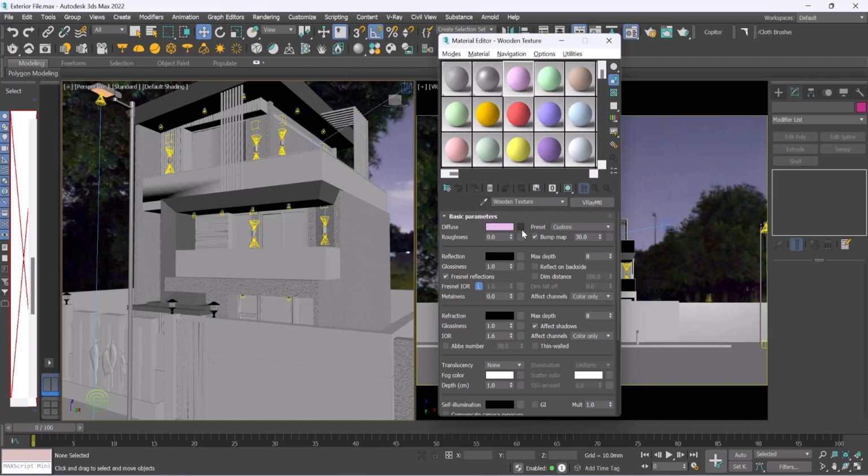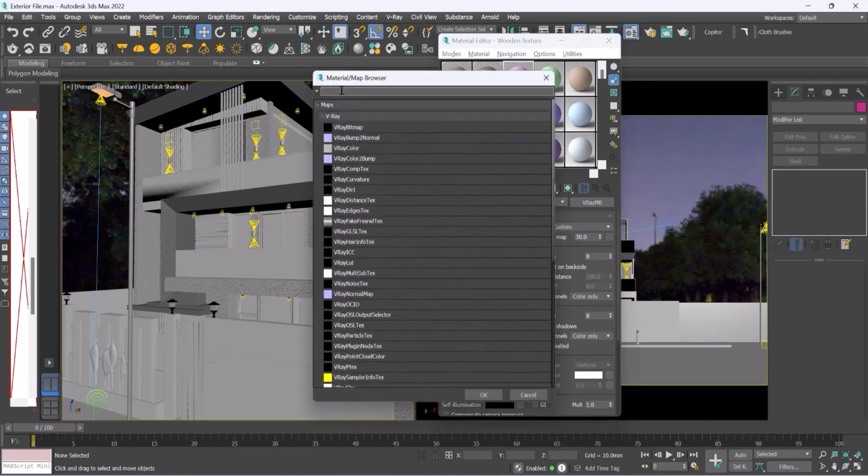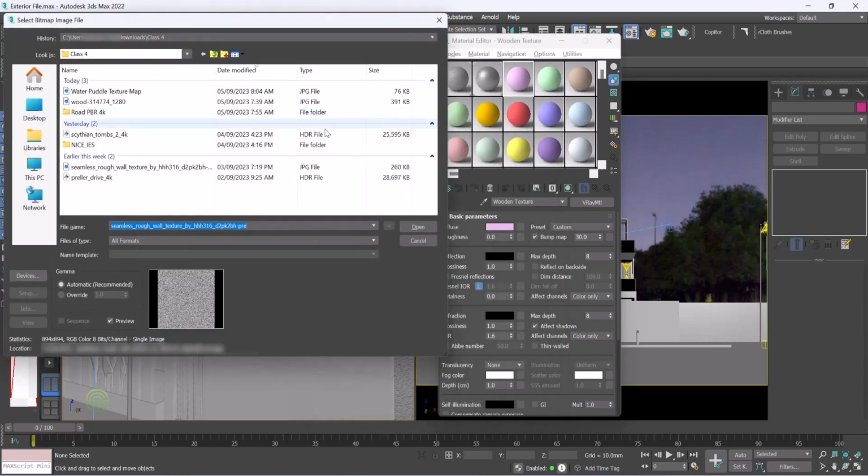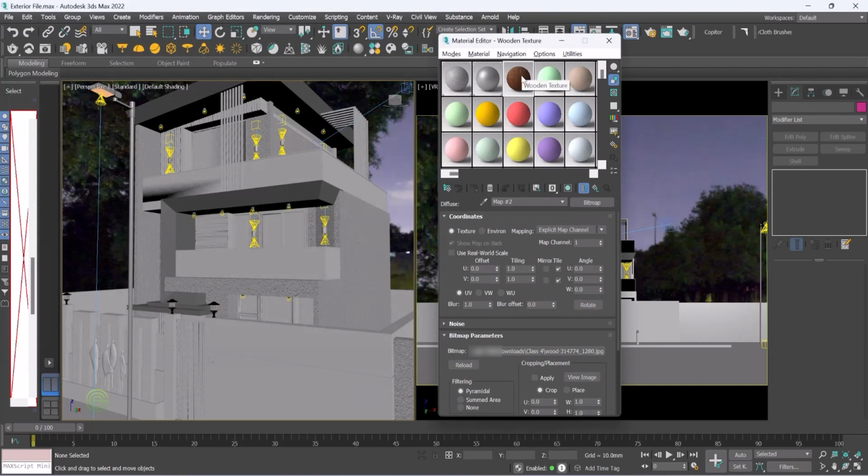and then in the diffuse, just click on this and type here as a bitmap. Just give a double click. So just download any wooden texture. I have downloaded this kind of wooden texture. So you can also download any kind of wooden texture, high quality, nice quality wooden texture, and then just click open. So like this, we have added a wooden texture, and then now select on go to parent,